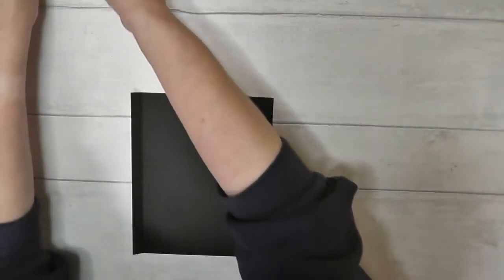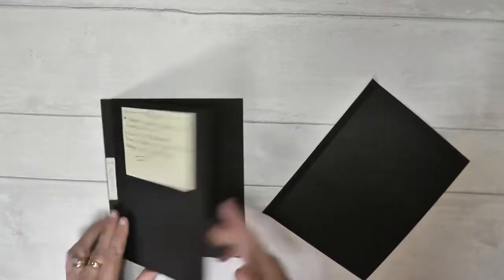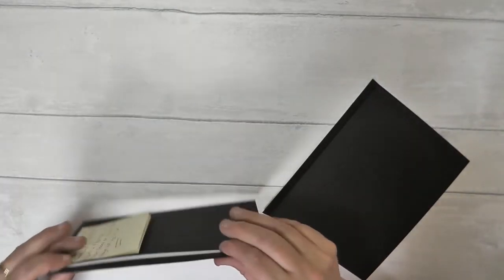So then what we want to do is put our pages together. I've started putting some of the pages together, so I didn't want to bore you with doing that all the way along. I've put those two together. And what I like to do, because it's a 1/2 inch spine,